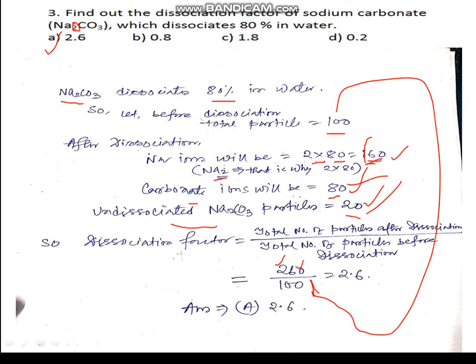Here Na2 is there, that's why we multiply 80 by 2. But in the previous math, sodium chloride was there, so there is no case of multiplication. Okay,